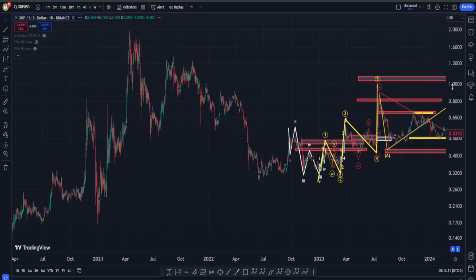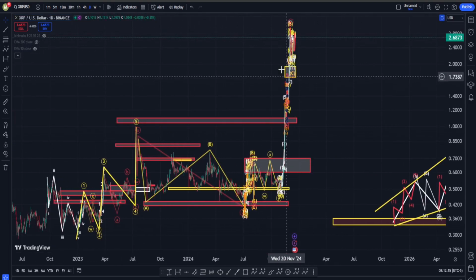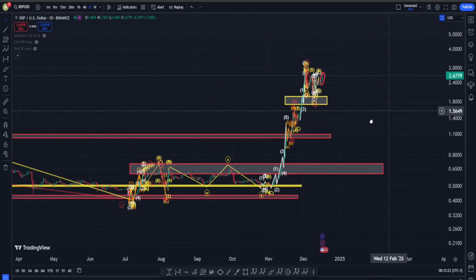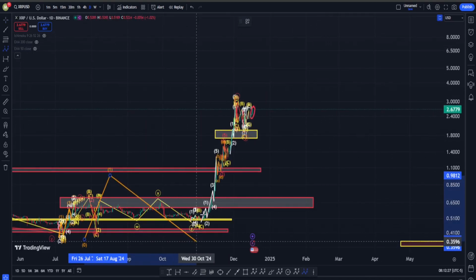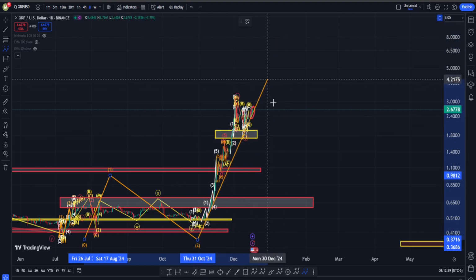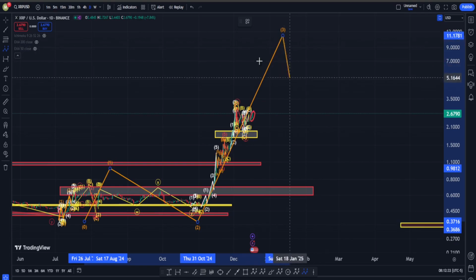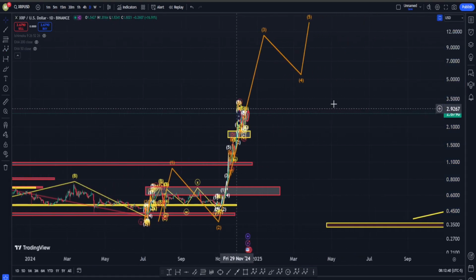Absolutely not. I believe there is a very, very high chance that this is just the beginning of a magnificent bull run in Ripple. You see, when you go on some higher time frames, for example, daily chart, you are definitely able to find from here a 1, 2, and then we're going to say this huge move on the upside is going to be into wave 3. And I think we might be just in the middle of this thing. And afterwards, we're going to have correction for 4, another move up into wave 5, and even on a higher